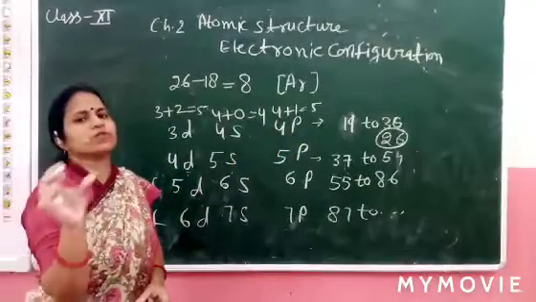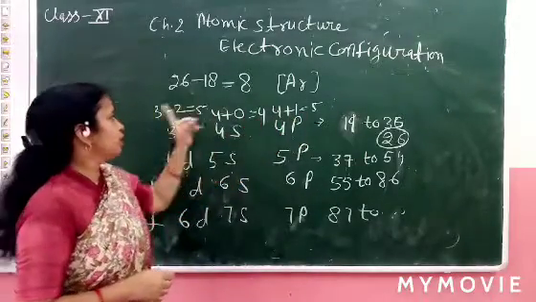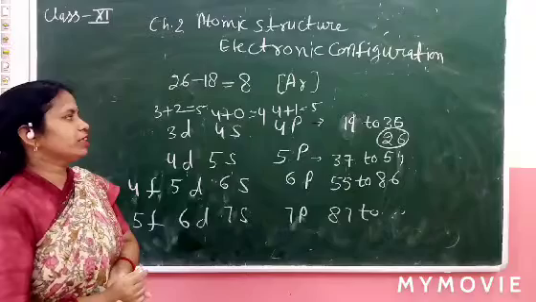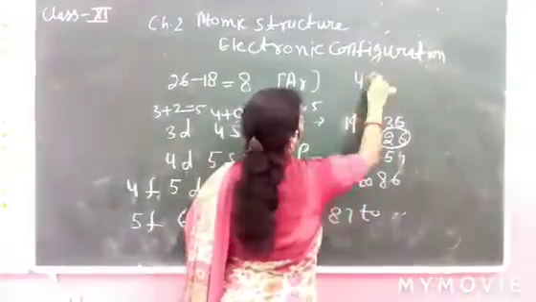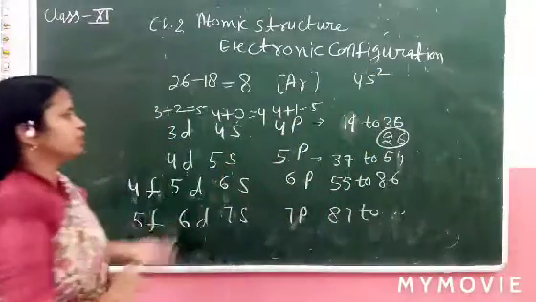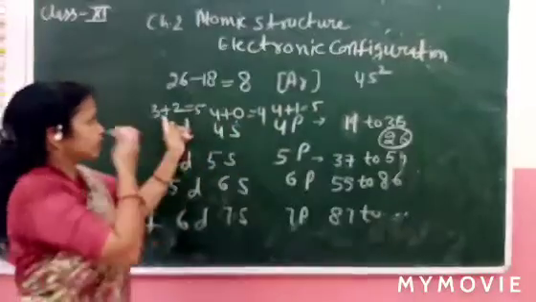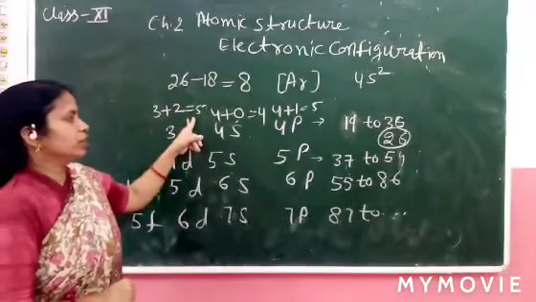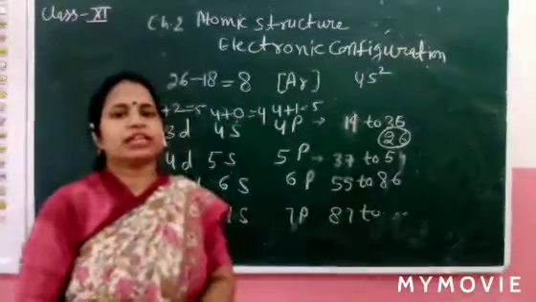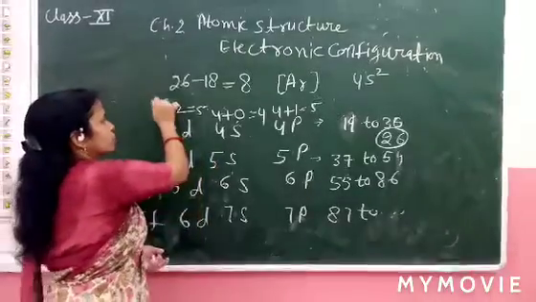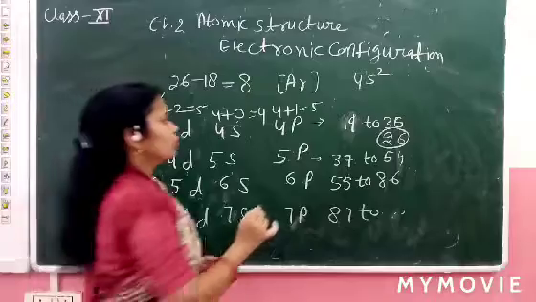The n plus l rule is the most important rule. 4 plus 1 is 5, 4 plus 0 is 4, and 3 plus 2 equals 5. So where does the electron go? To the lower value. So we have to write 4s2. Maximum capacity is 2. Now 4 electrons are left. So where do electrons go? 4 plus 1 and 3 plus 2. Here comes the second n plus l rule: when n plus l is the same, the electron goes where the n value is lower. So here in 3d, 3 is lower than 4.